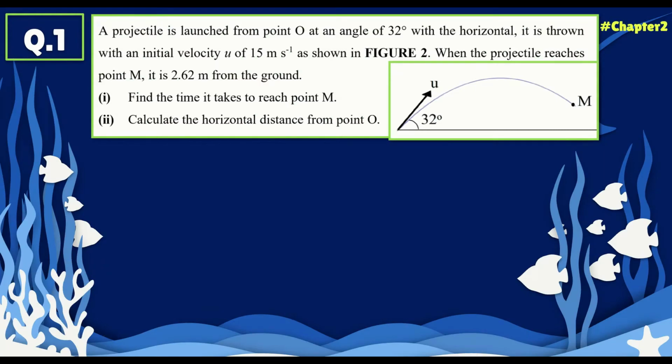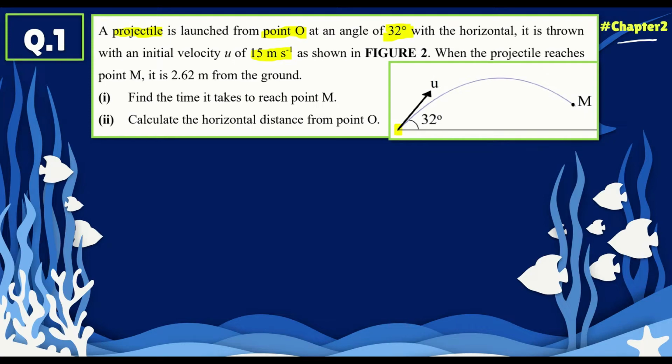Solution for question number 1. So question number 1 is basically from chapter 2. The question is, a projectile is launched at point O, so we have point O here, at an angle 32 degree with horizontal. And it is thrown with an initial velocity of 15 meter per second, as shown